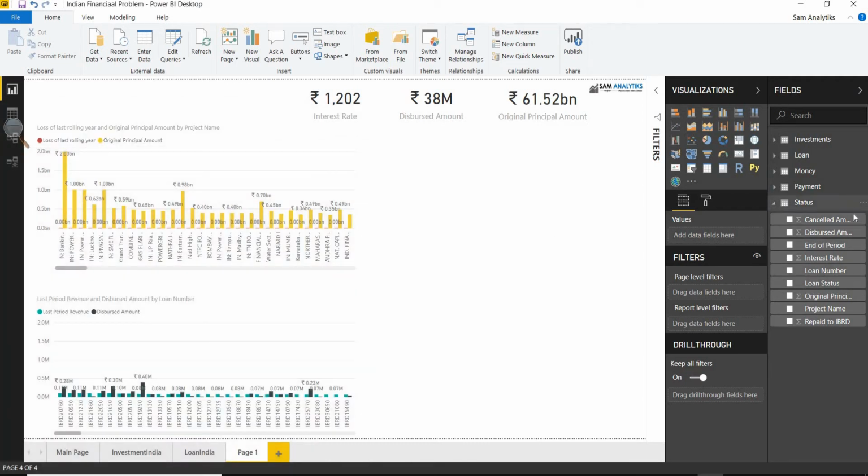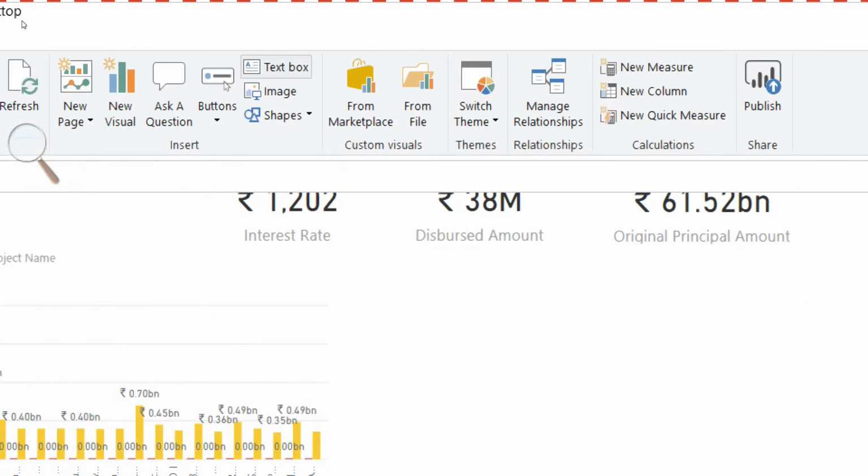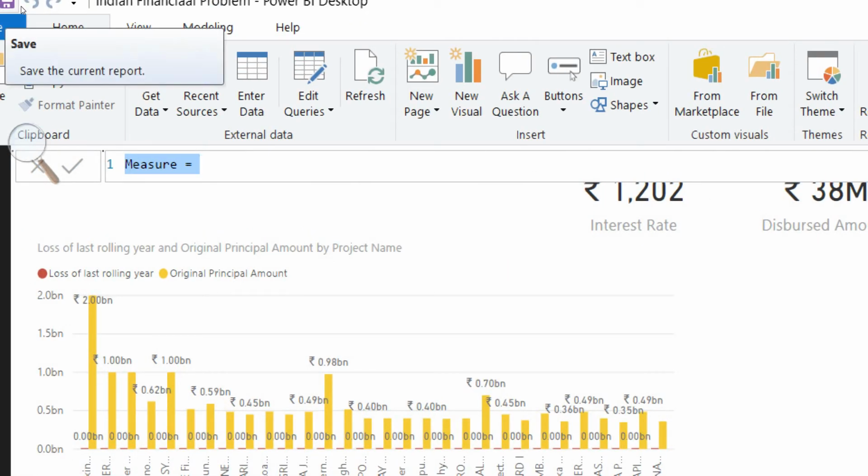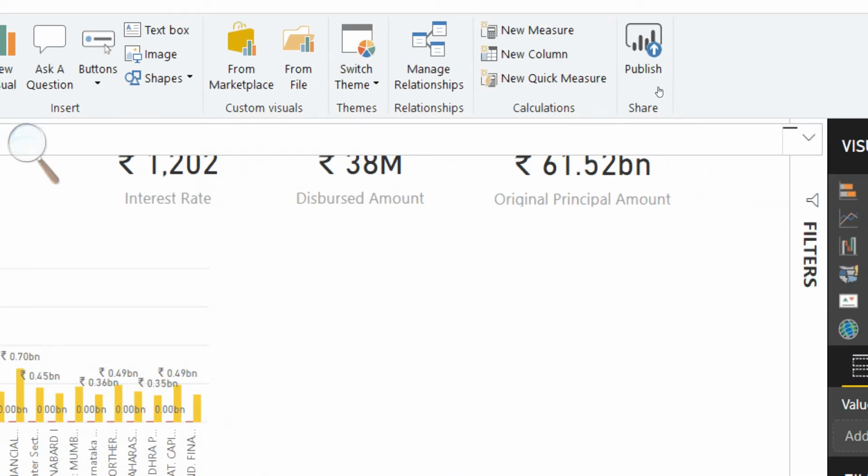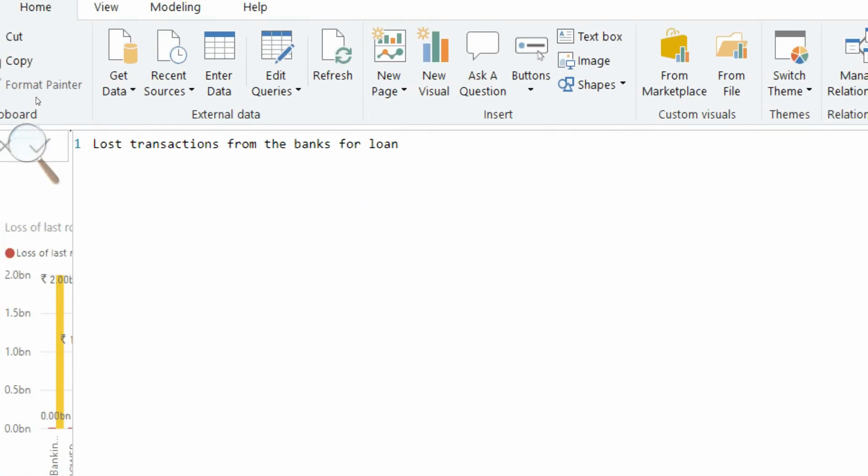So I will use the new measure again for the status, and in this I will write the lost transactions from the banks for loan, and in this I will again stretch it up this way, and in this I will calculate